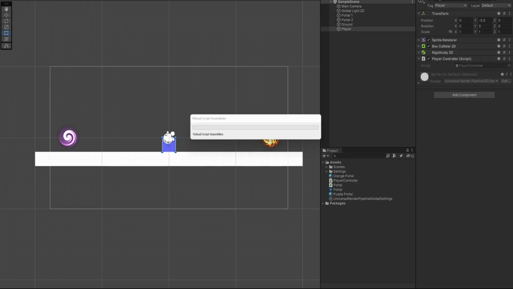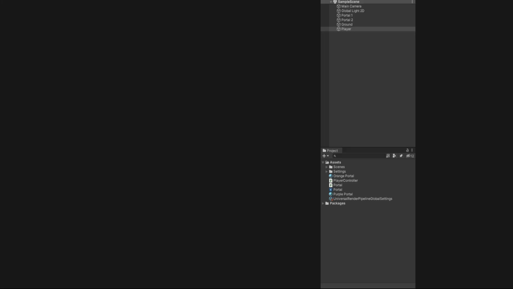Now let's hit play and see if our portals actually work. So we're in our game. If we go for it and now wait 3 seconds, we should teleport over to the other portal. You can see that now. If we go back here, we wait 3 seconds, it teleports us to the other portal. Now you can actually mess around with this and make this a lot cooler by adding in a few